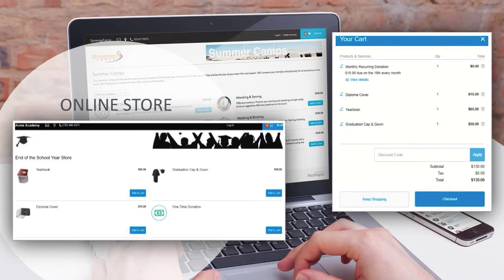So much like the point of sale, once your catalog items are created, you can just simply drag and drop them into your online store. And once you click Save, it's going to generate a custom URL for you. And that can easily be linked to your website. You can share it on social media platforms and Facebook groups, blog posts, email marketing campaigns,